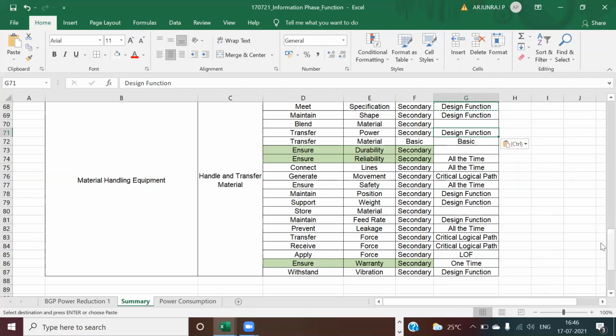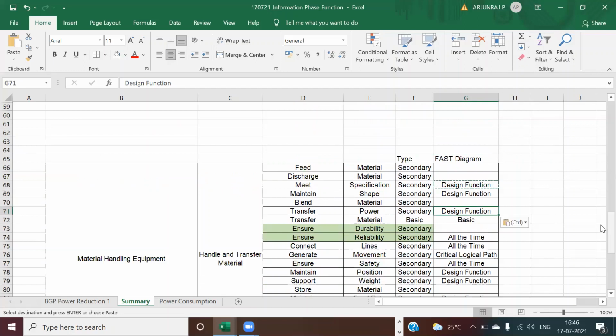So now you need to fill a gap here. You need to fill a gap. Okay, when you are going to discharge the material, when you are going to feed the material, now these are the gaps. Okay, you need to identify the gap here now. That is where the how logic, why logic, when logic will help you.